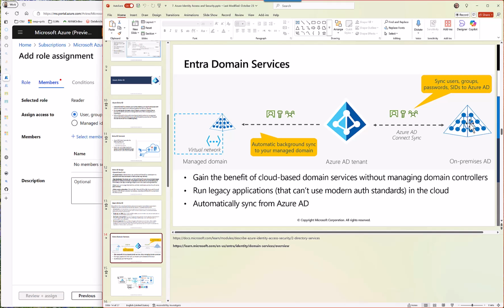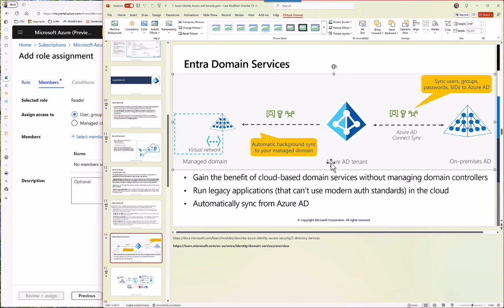So on-premises AD, we read, is based on LDAP. जो Entra ID है, this is Entra ID actually. ये पिक्चर पुरानी है, ये पुराना नाम था Azure AD, okay? So wherever you see Azure AD, it is actually Entra ID, okay? तो यहाँ पे it's domain services. तो हमारी domain services थी on premises. They were using LDAP, right? So anybody who needs to talk to on-premises Active Directory was using LDAP.